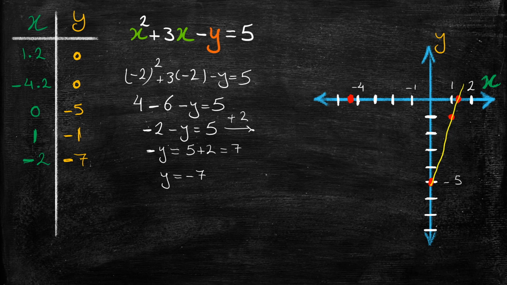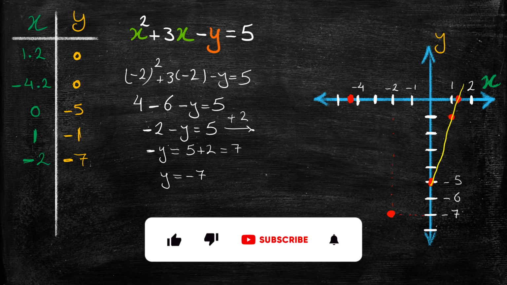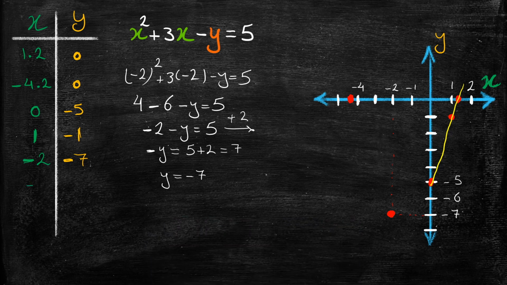Let's show that on the graph. When x is -2, which means over here, y is -7. So this is -5, -6, -7 over here. So -2 comes down like this, and -7. This is 1 point. Let's give more points in this area since it's not clear yet. So I'm going to give also x as -1